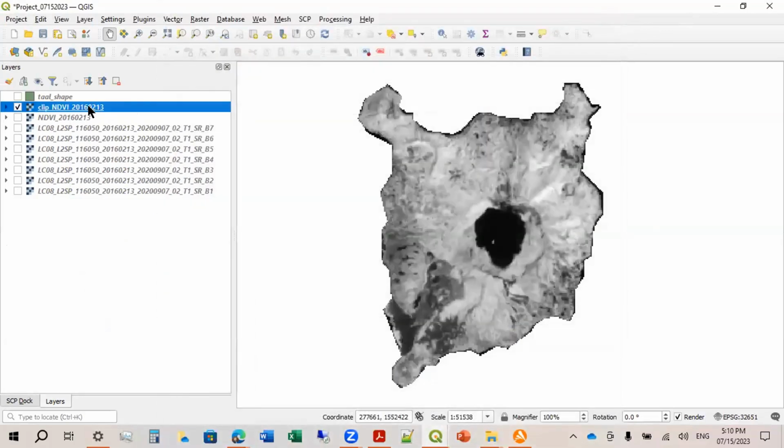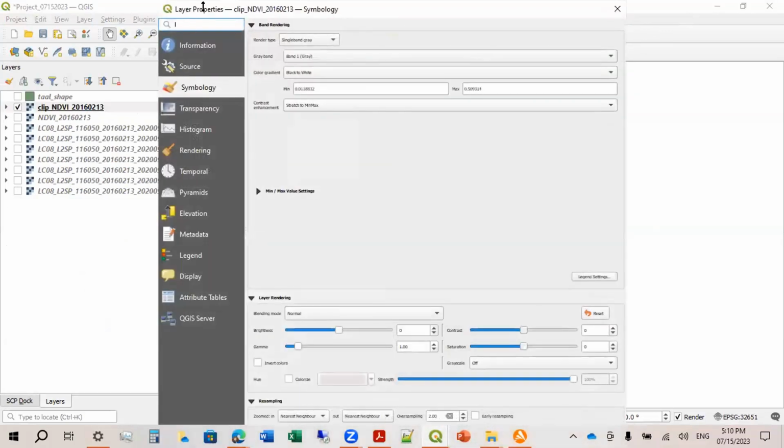Or you can just double click. And then you go to symbology. Again, I apologize for the small fonts here. But anyway, what I want to do here is the render type should be single band pseudocolor.